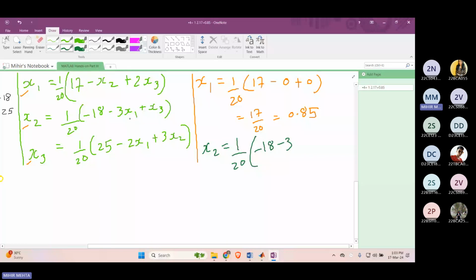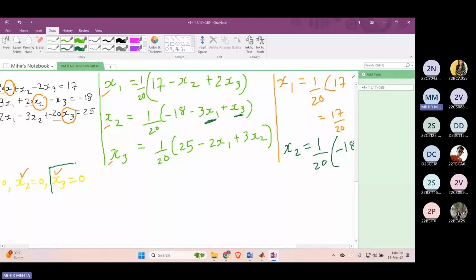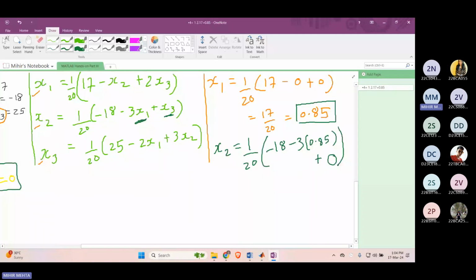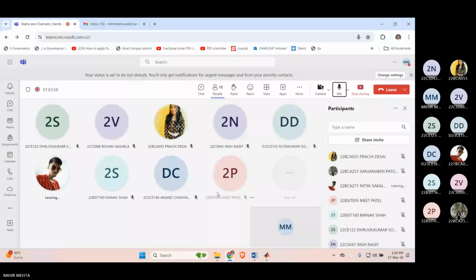I'll simply use the value just computed, that would be 0.85, and plus x3. Now I don't have the value of x3 till now, so I'll take the x3 value as 0, and then I'll place this here. So now calculate this and tell me